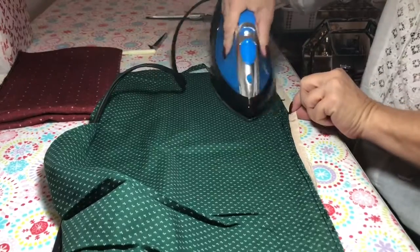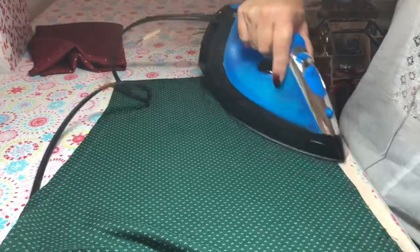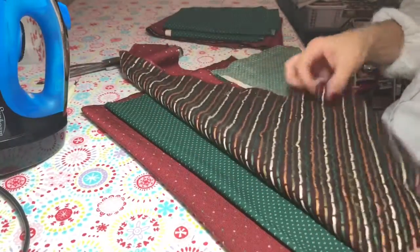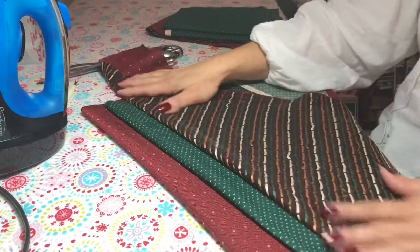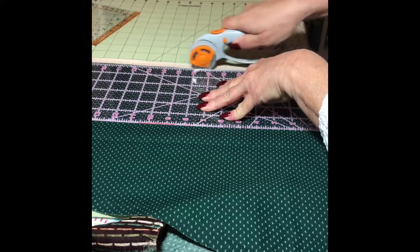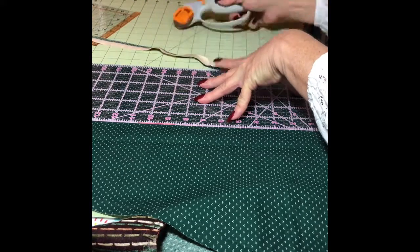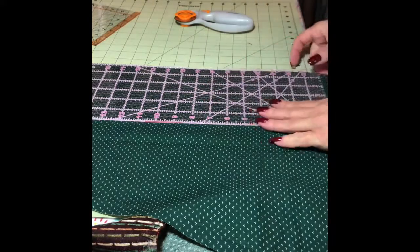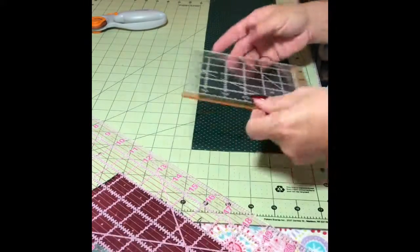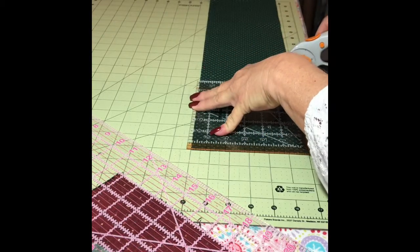So here I've got all the seams ripped out, and then I'm ironing the fabric flat so that I can start doing the cutting on it. So here's my inspirational piece, and then I'm just trying to figure out how and what I'm going to do. So first I'm cleaning up the edges of the fabric and deciding how I'm going to cut it, and I finally decided that I wanted to cut it in squares, and the squares are 5x5s,